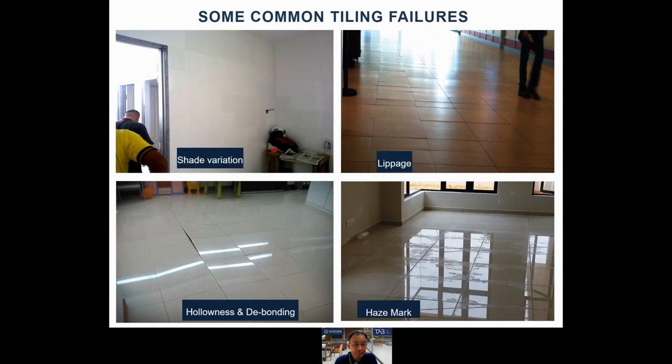I will be going into the common tiling failures, and also how these common failures can be prevented. As you can see from the slide here, I will be talking on shade variation, which is a very common problem for ceramic tiles and porcelain tiles. Of course, I will be covering hollowness of tiles as well,